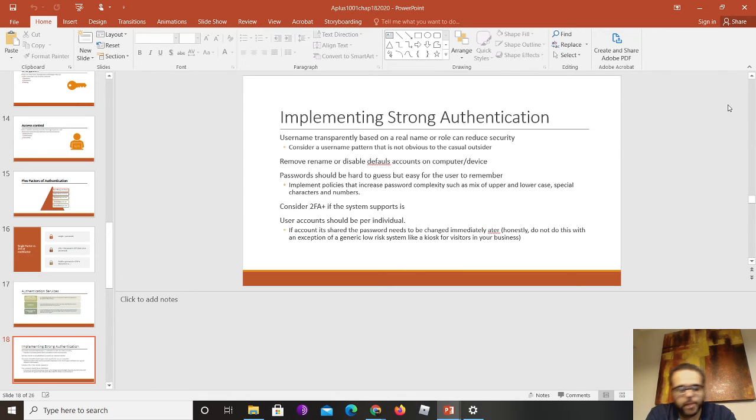It's a form that people fill out and it sends an application via email somewhere. So it doesn't really compromise anything, right? So that will be fine. However, you want to make sure that you're not doing shared accounts for anybody. And if that does happen for any reason, make sure that the password is changed immediately after.